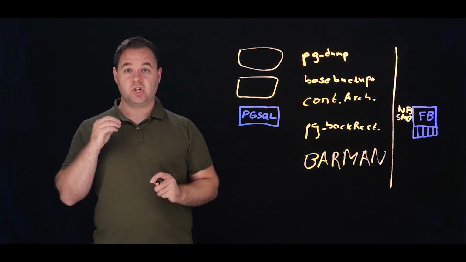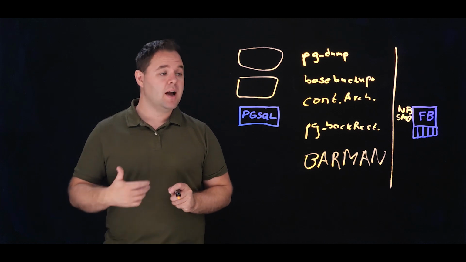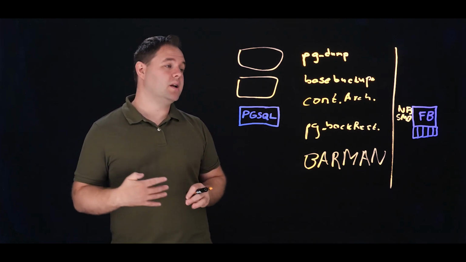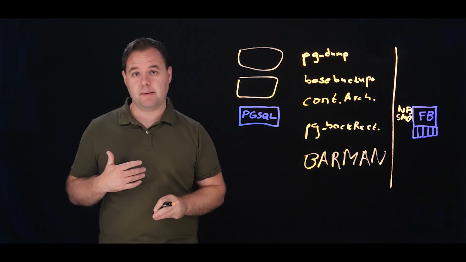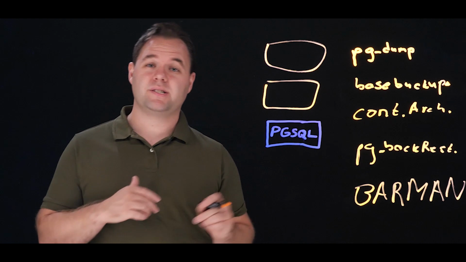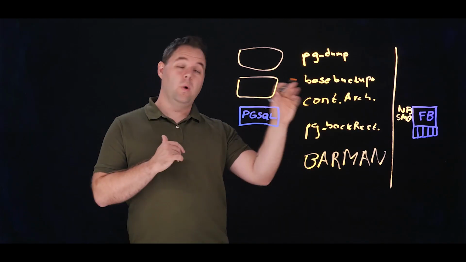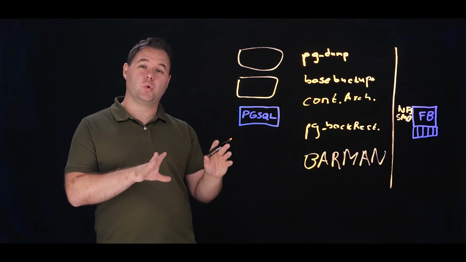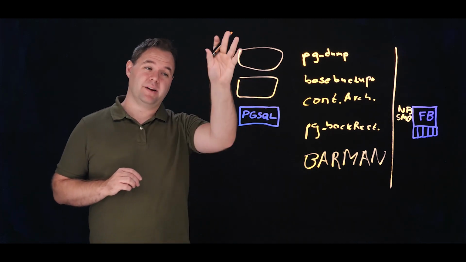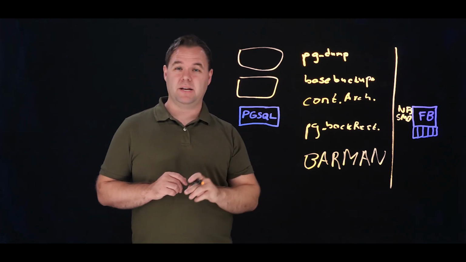With pg-backrest, performance is great and can be moved around using different levers. One of those levers is to use incremental or differential backups. Another one is to have a number of streams specified, which then utilizes as much of FlashBlade's capabilities as is humanly possible. Barman is very similar to pg-backrest in terms of allowing it to scale with FlashBlade, but where these tools really shine is where you have multiple instances being backed up concurrently to a single FlashBlade device.